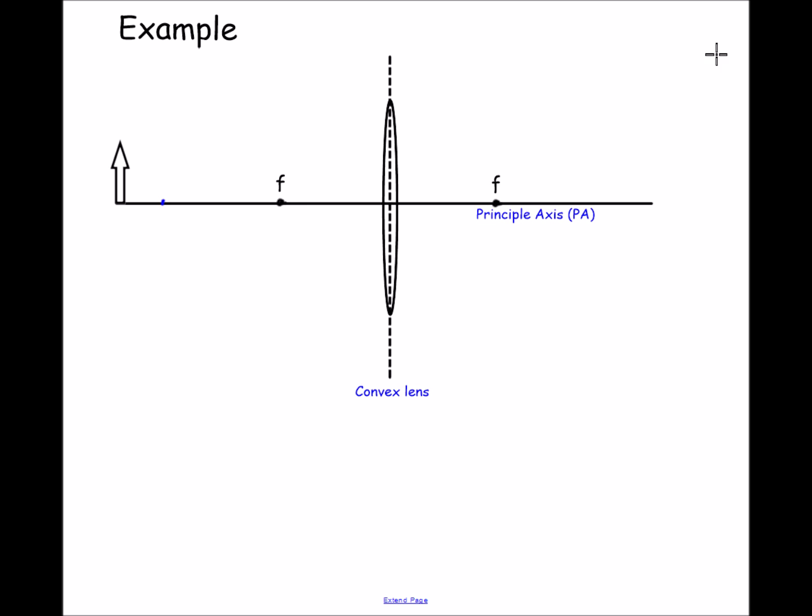Okay, so the first ray that I'm going to draw goes like this. You take your ruler and you draw a line that goes from the top of the object, the arrow, and it goes parallel to the principal axis until it hits that dotted line. Okay? And then what would happen at that point is the light that goes along that path, based on the definition of a converging lens, will then bend through the focal point. So what you want to do is draw another line going from that point through the focal point, and then